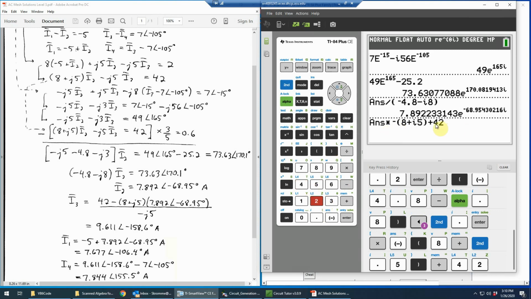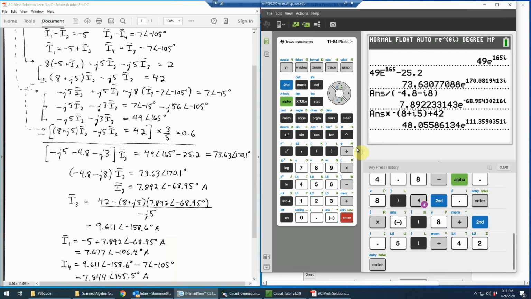And of course, using the order of operations, the multiplication will precede the addition, so that will give me the correct answer. I don't need to use parentheses, although I could. It wouldn't hurt anything. And I'll just get that answer, which is the numerator, and then divide that by,